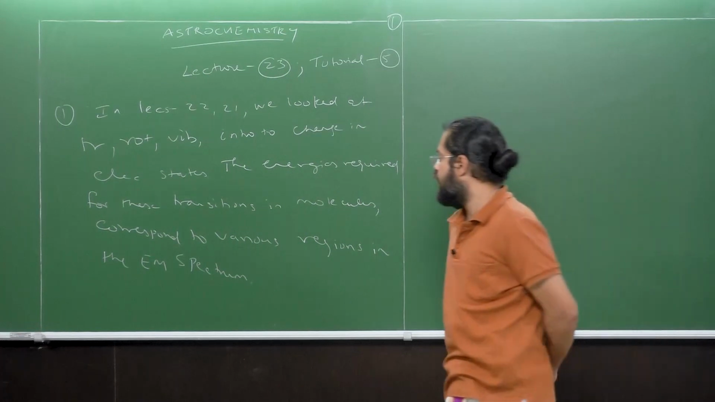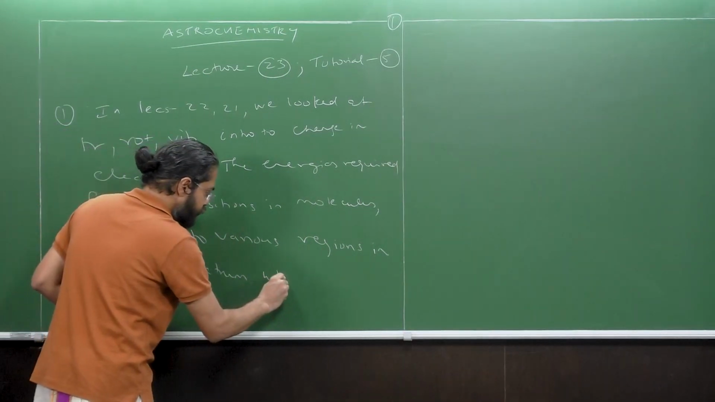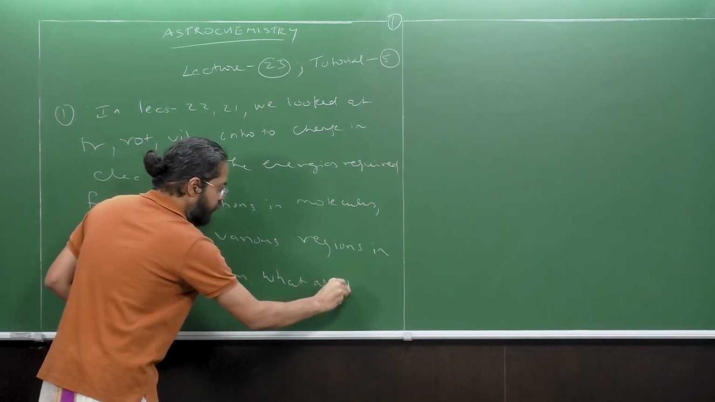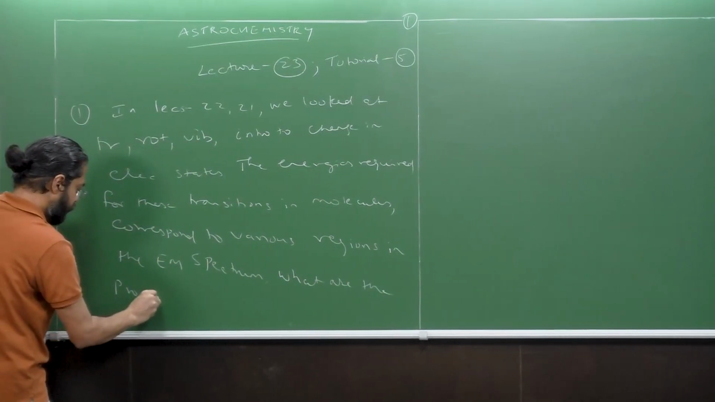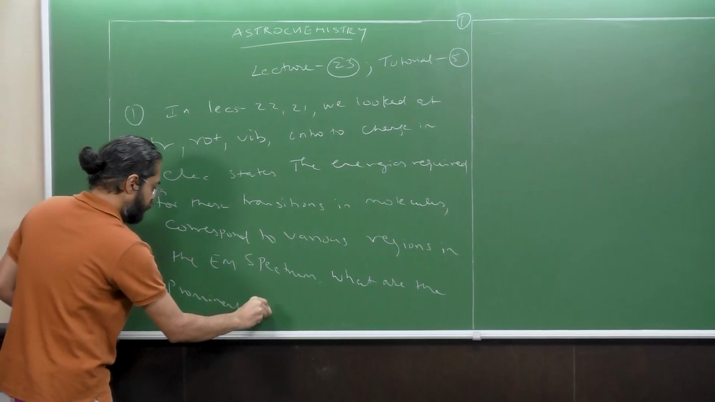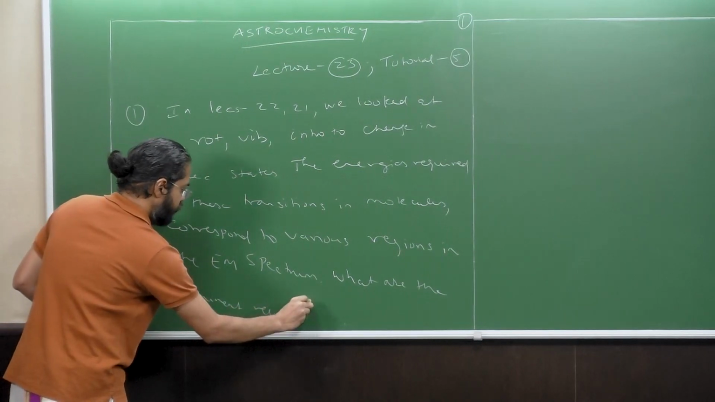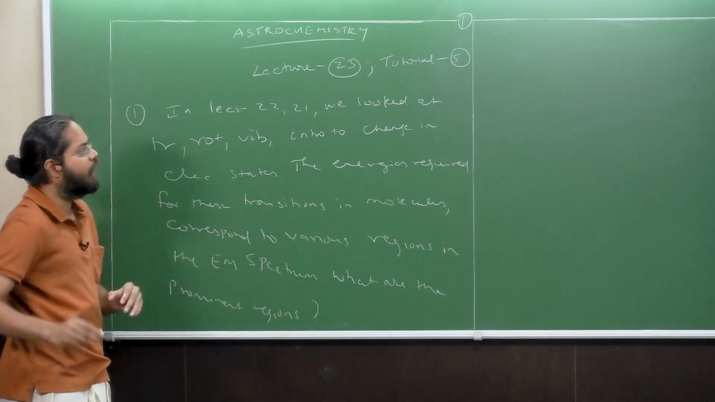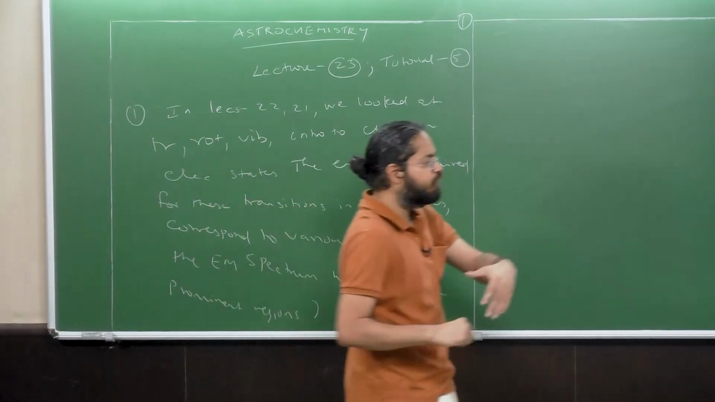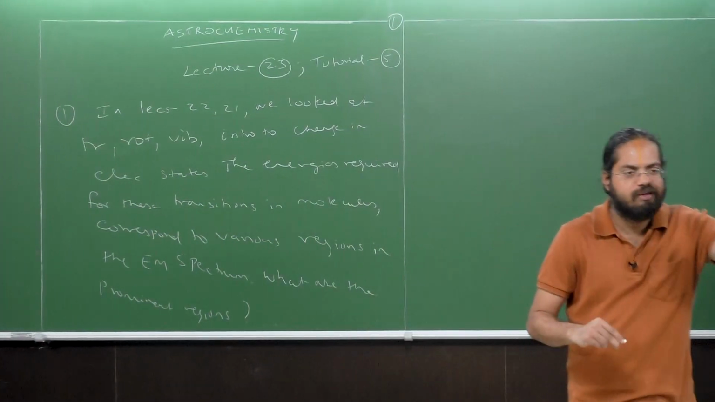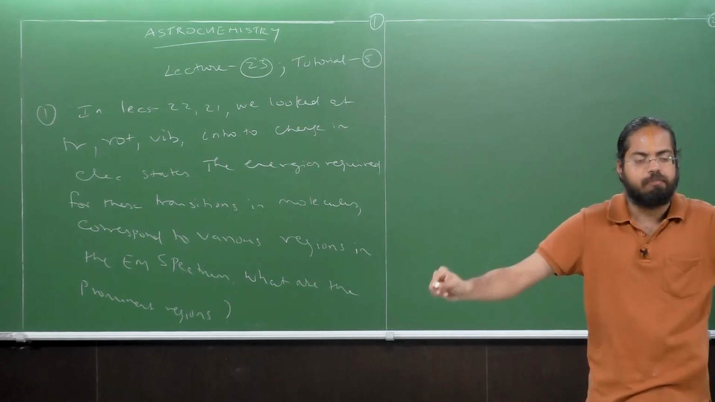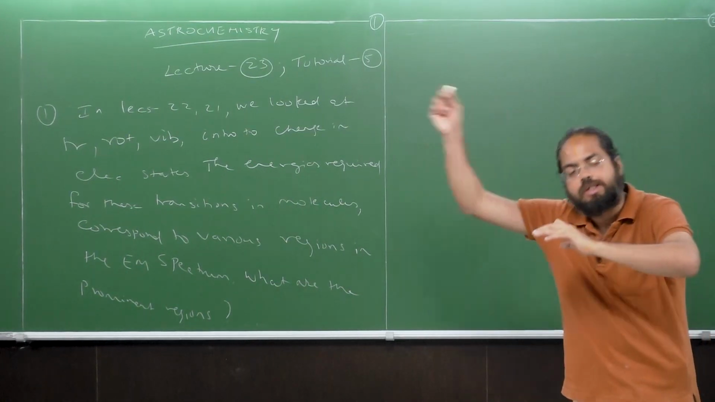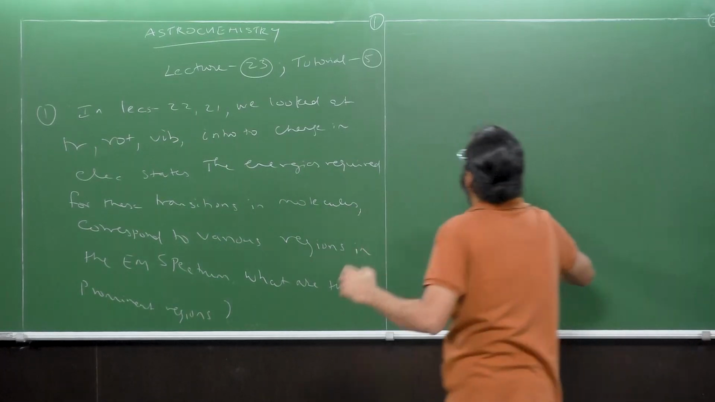Now the question is, what are the prominent regions? In short, of course, for each individual molecule, the exact region is going to be different, but we can still get a range. We can map a range associated with each type of motion. All right. So the answer is that